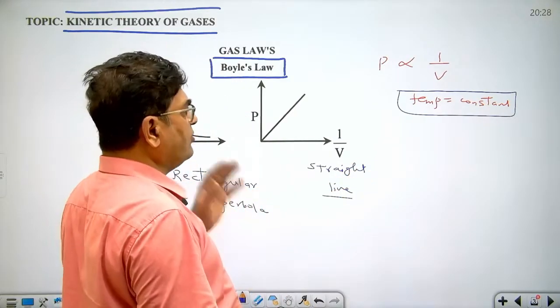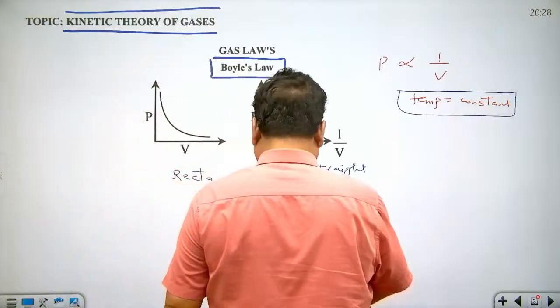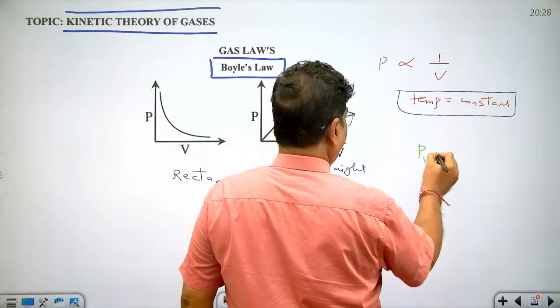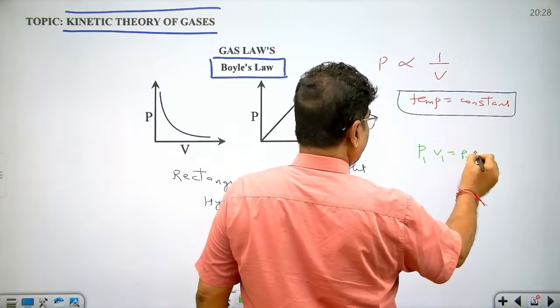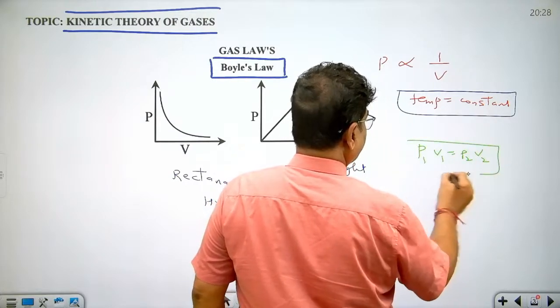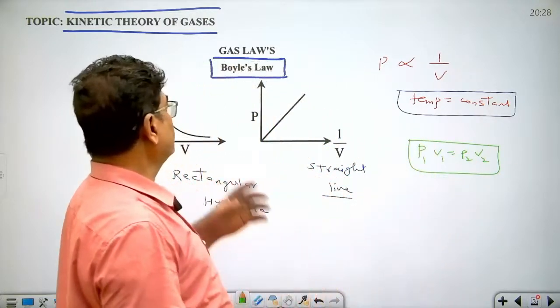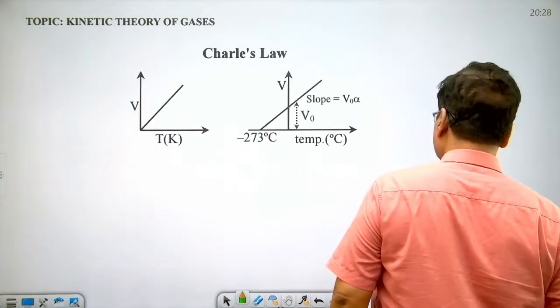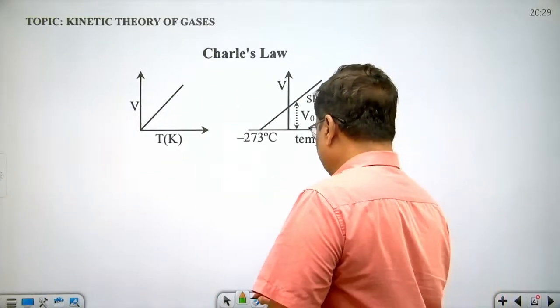So when we want to apply Boyle's law in numerical problem, we can write P1 V1 equal to P2 V2. This is the general thing for the Boyle's law. Okay. Now let's talk about the